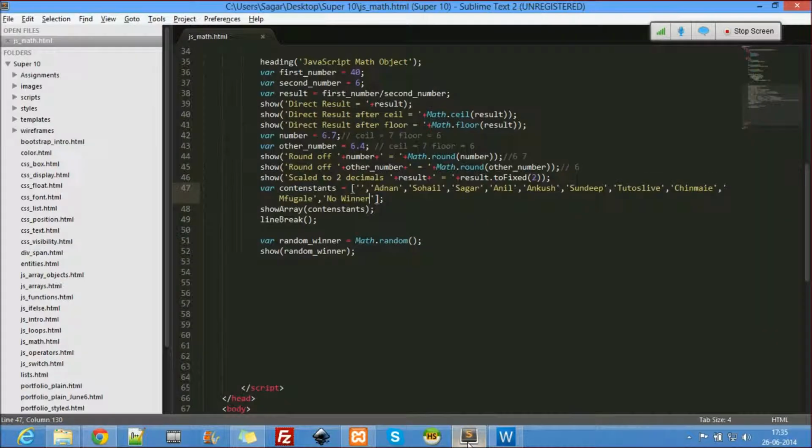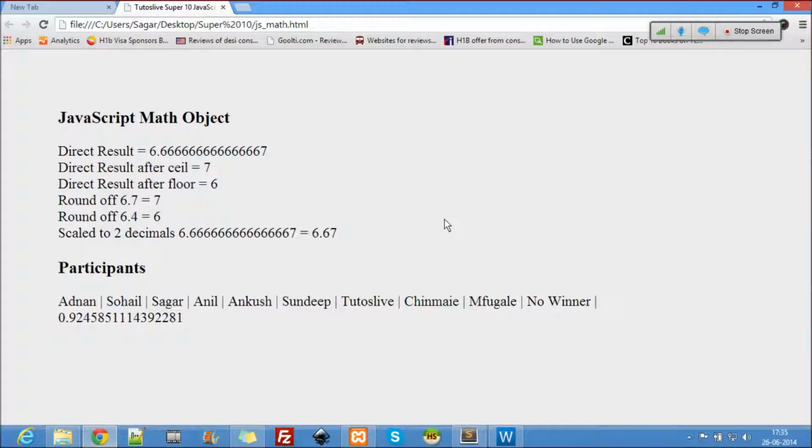Fine. So now let me do this. I don't want the whole number, right? What I want is toFixed(1). Okay, let's see what happens here. 2, 5, 4, 6, 4, 9. Okay, it's coming good.